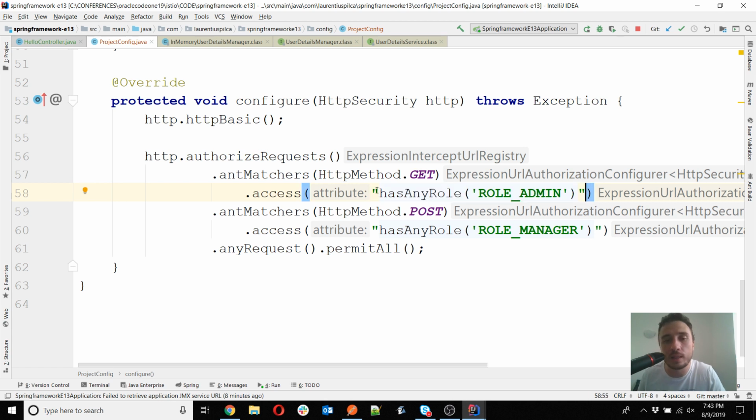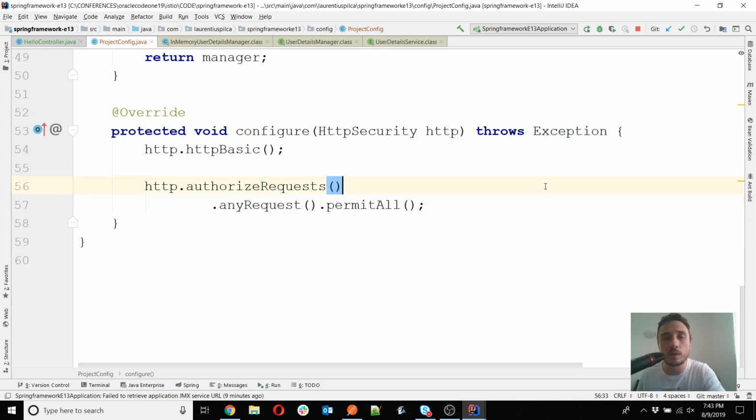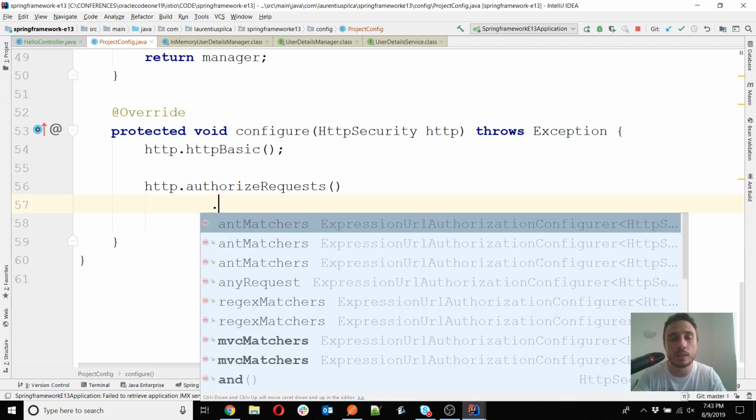So I just said here all the get calls, in order to call an endpoint that is exposed by the HTTP method get, you have to be an admin. If you are now using a user that is not an admin, you won't be able to call the get endpoint. And then I said, and continuing, all the posts can be called only if you are a manager. And then all the other requests can be called without needing any kind of authentication. This configuration can become very heavy, but let's try at least one with our endpoint to see how it's working